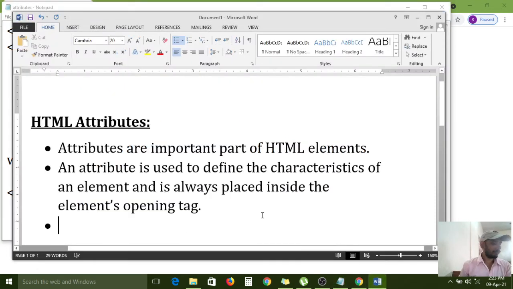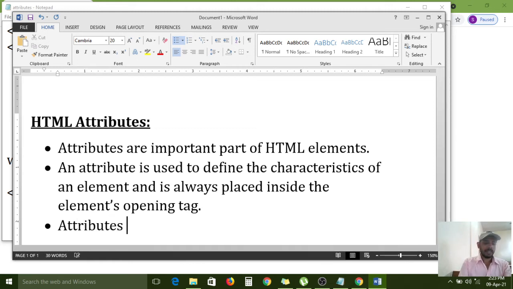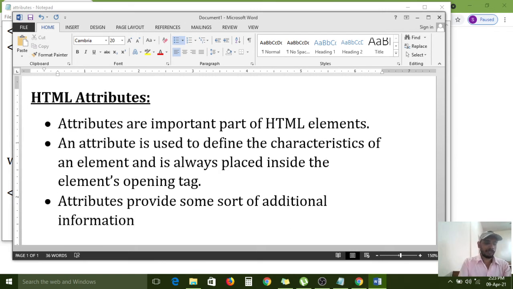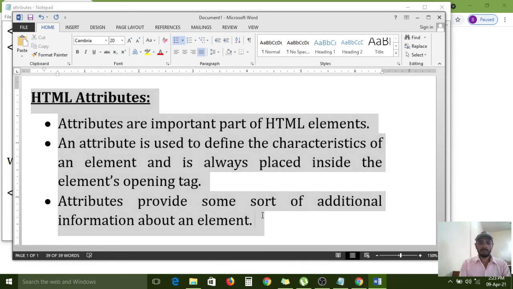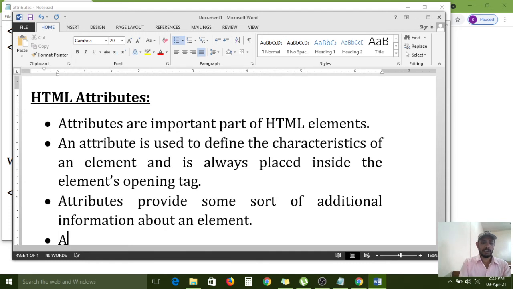Next, attributes provide some sort of additional information about an element. Next, all attributes are made up of two parts.